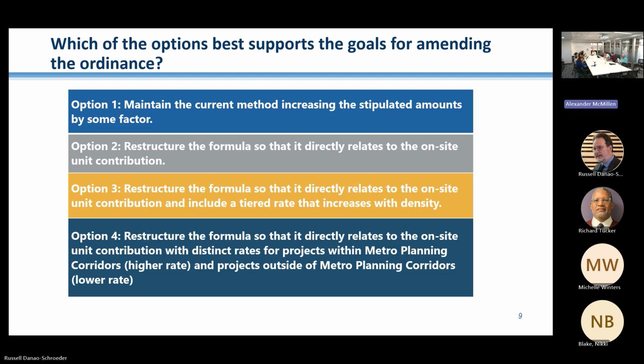And that's one of the reasons why, for smaller projects that are just barely above 1.0 FAR, the amount that they have to pay is high, because they have to pay for that whole 1.0 FAR, which was netted out of the unit. So their requirement in square feet is small, but their dollar amount is really high. So those are the few projects that might be inclined to provide units on site, because the costs are really high for them to do the cash contribution.